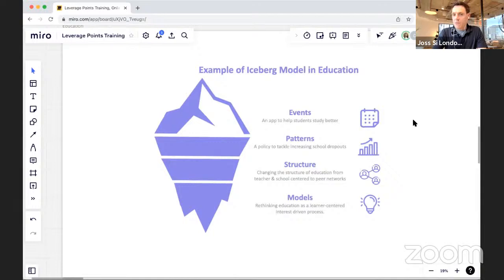On the event level, we might make an app to help students study better. That's going to lead to incremental innovation, incremental improvements. If we went down to the patterns and looked at trends over time, we might invent a policy to tackle increased school dropouts. So we're starting to plan, anticipate and respond to trends over time. On the structural level,